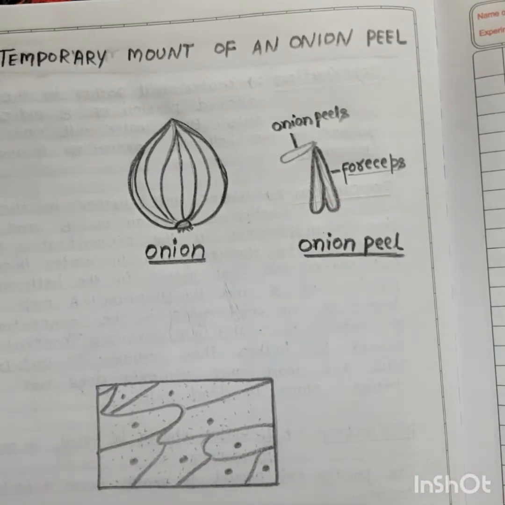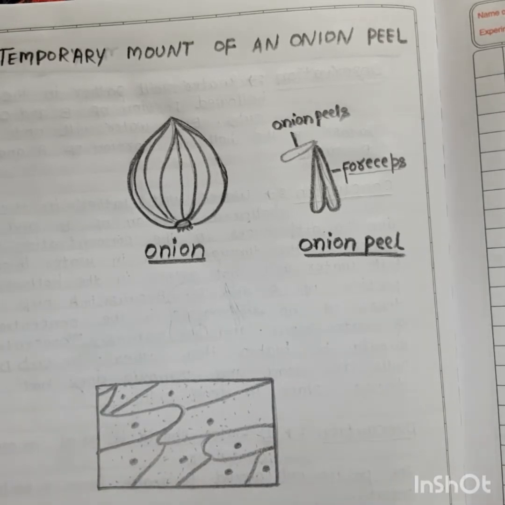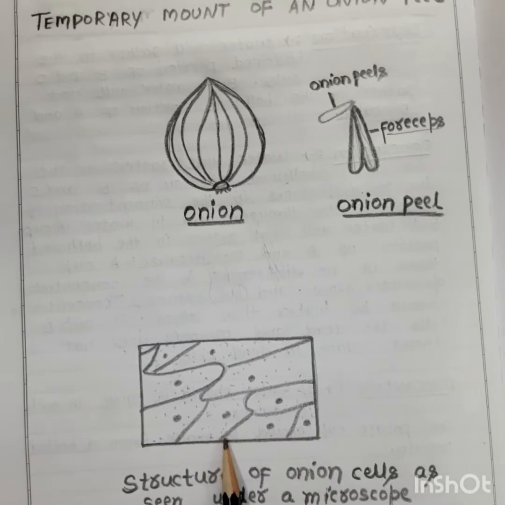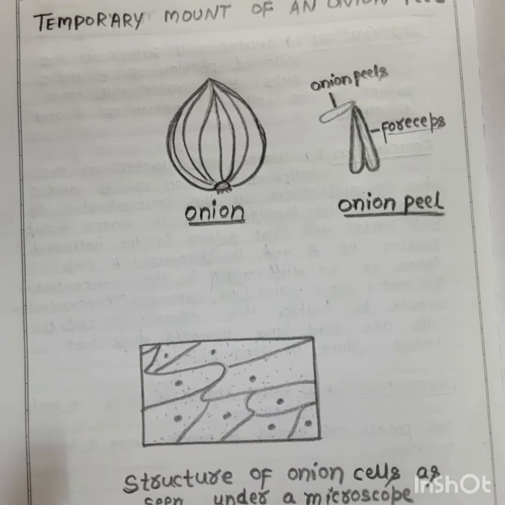After keeping it in the water, we have to add 2 drops of safranin to stain it. After staining, we have to put some glycerine on it, and if there is any extra stain, we have to remove it with the help of filter paper, and put that on the slide. With the help of a microscope we can see the structure of the onion. So onion cells look like this. There are the cells; some rectangular cells will be found, nucleus and cytoplasm will be found.